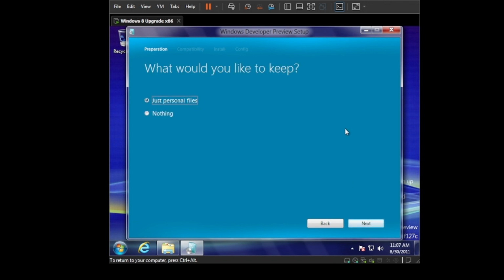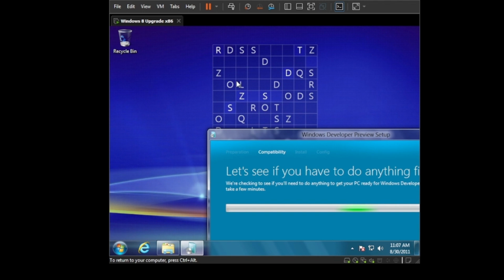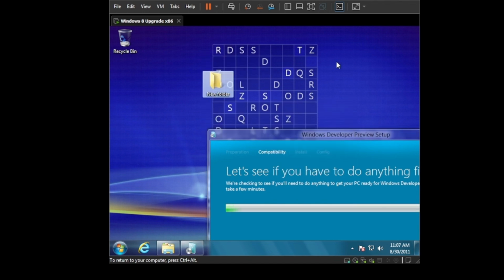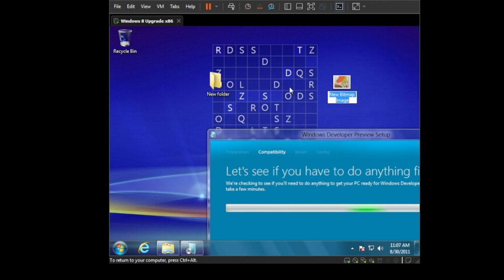However, we actually do not have the option to upgrade and keep everything. We just keep personal files or nothing at all. I'm okay with keeping the personal files. Speaking of personal files, we forgot to create some. Let's create some now and see if they carry over. So we'll create a folder, a blank bitmap image,